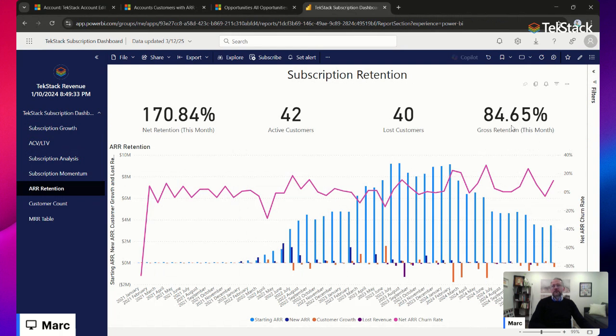And that combines gross retention, right? So you can make up for churn or gross retention. Churn is the count of customers, but you can make up for the gross retention with selling back into the base. And so you usually want this number to be over 110. So this number is a little low. This number is really, really high. Overall, good, right? And then of course we have customer count.